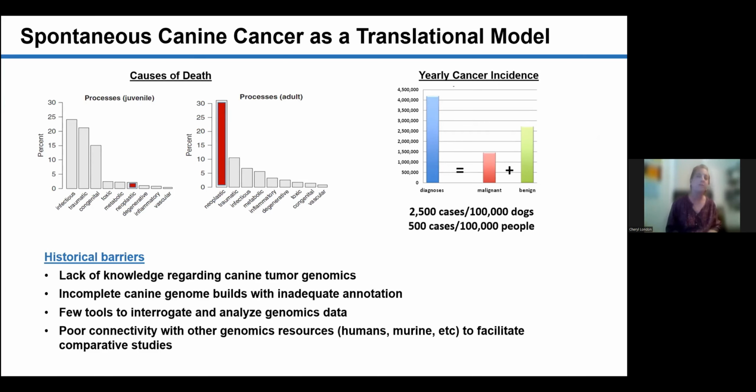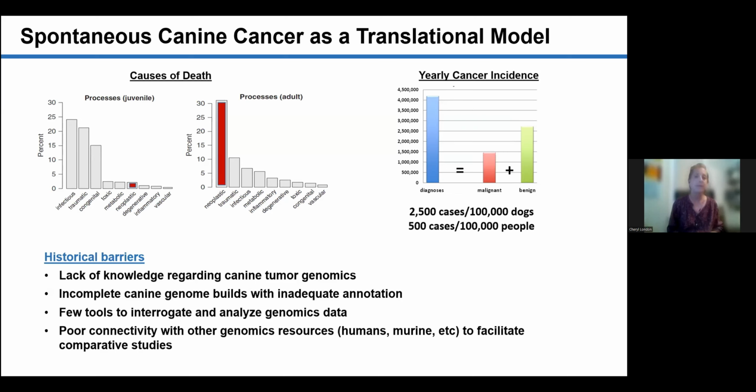So if you look at causes of death in young dogs and juvenile dogs, overwhelmingly it's infectious disease, traumatic disease, et cetera, with neoplastic disease very, very low. But when you get to the adult population, and usually this starts around age 5 and then peaks somewhere around 10, 11, and then starts to fall off, neoplastic processes are the major cause of death, which is really a little bit different than the human side, where cardiovascular disease represents a really large component of human death.